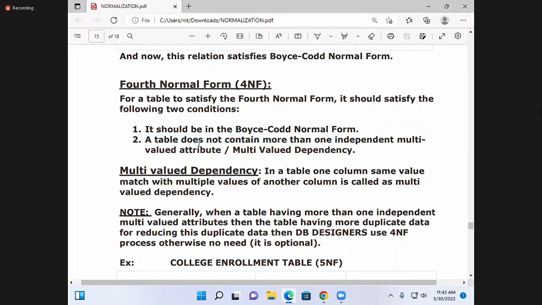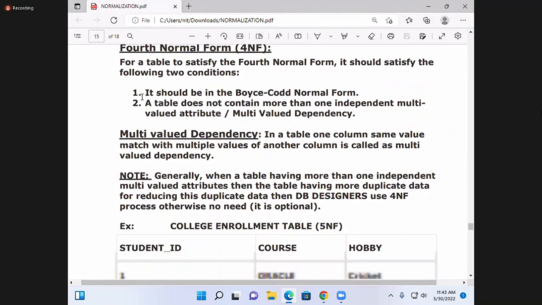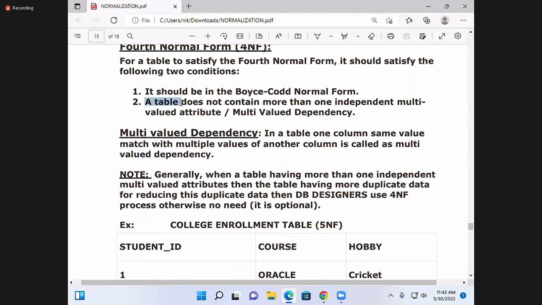So that kind of maintenance. And an additional thing is that in the fourth normal form, a table does not contain more than one independent multi-valued attribute. Attribute means column. Otherwise, multi-valued dependencies. So what it was telling in the fourth normal form is, a table does not contain